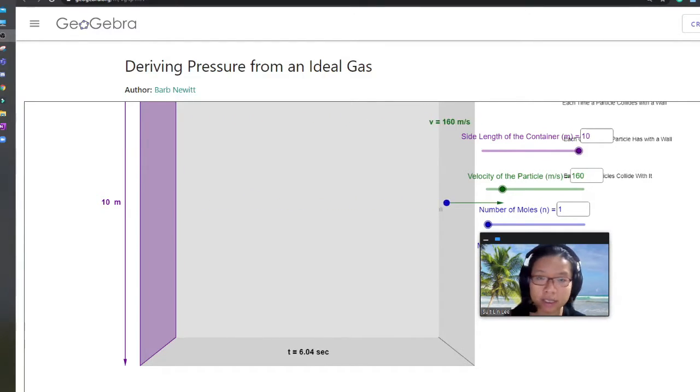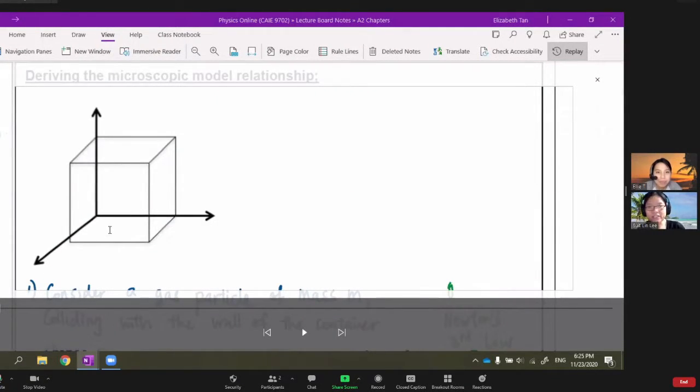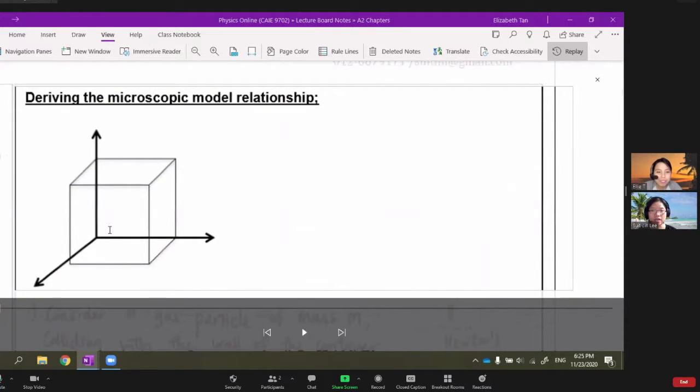So as it collides and changes direction, the particle will exert a force on the wall. I want you to hold this animation in your head while we move on to the next derivation. Why did we look into the group mean square speed, or the mean square speed? It is because we are trying very hard to relate